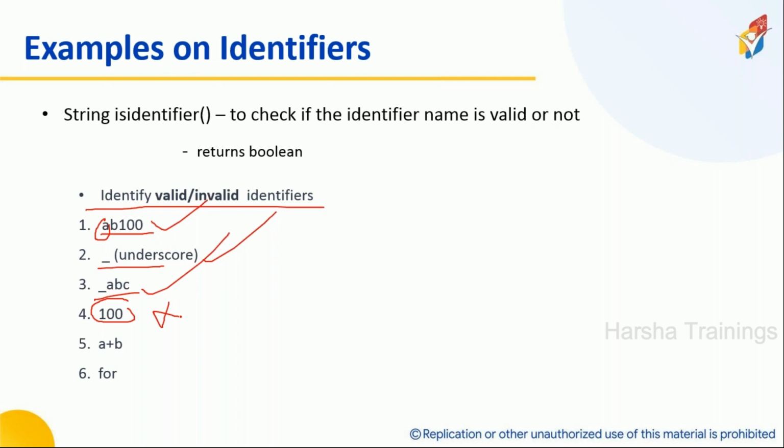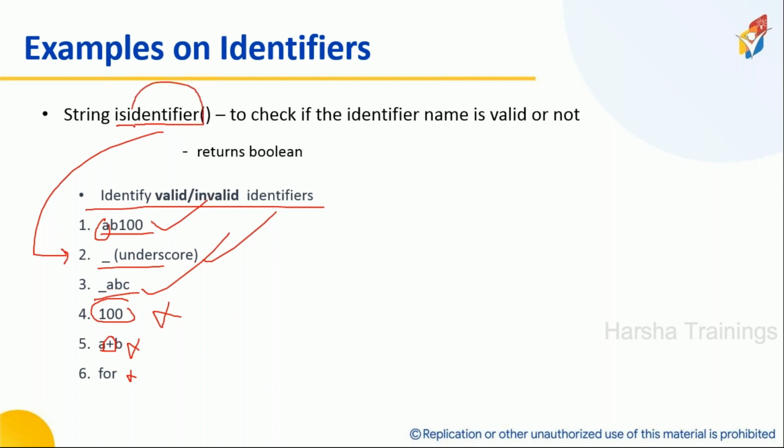It is invalid. Here, A plus B, I'm using special characters. It is also not valid. For is a keyword, it is not valid. Okay. Now, I can also test whether the identifiers are valid or not by using a function called